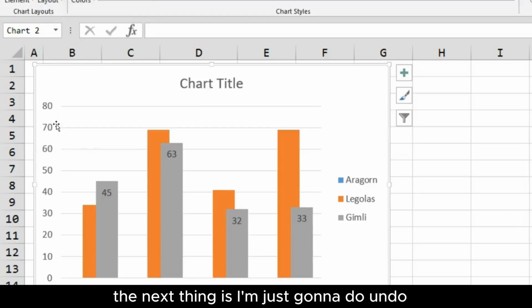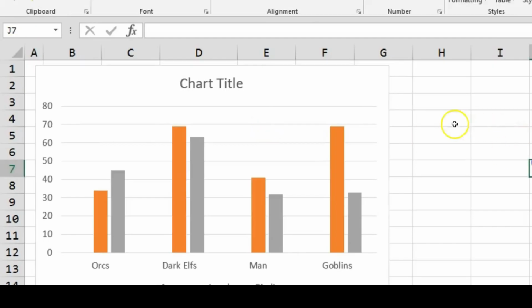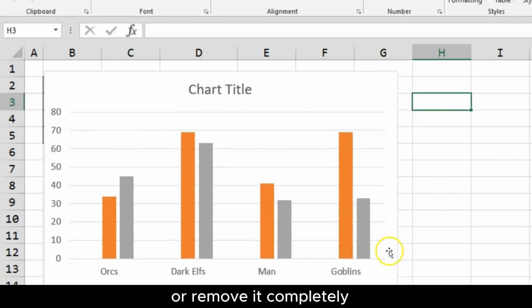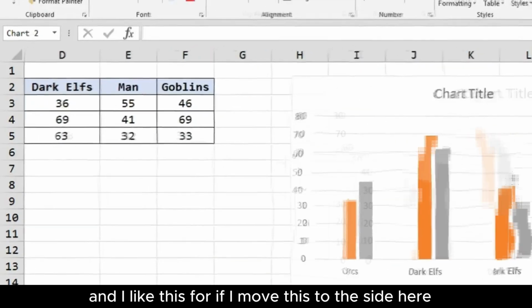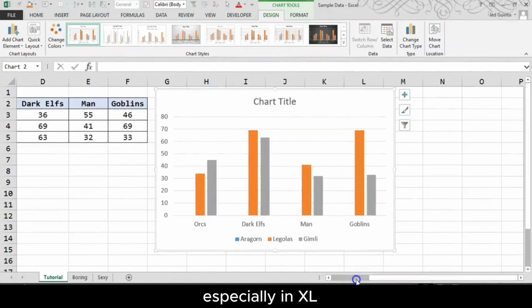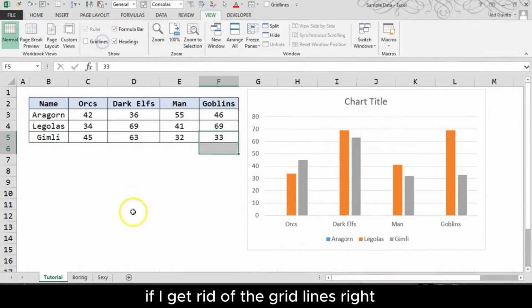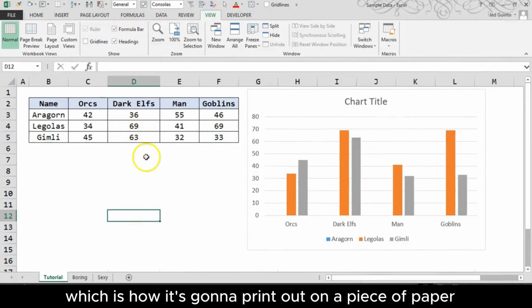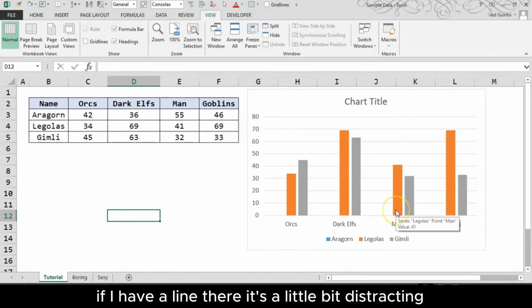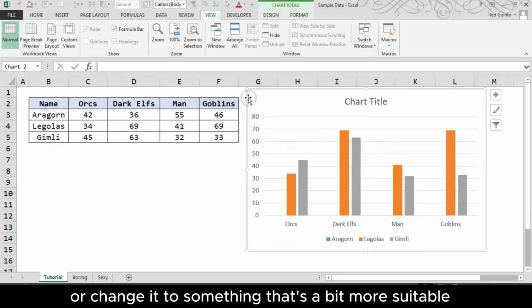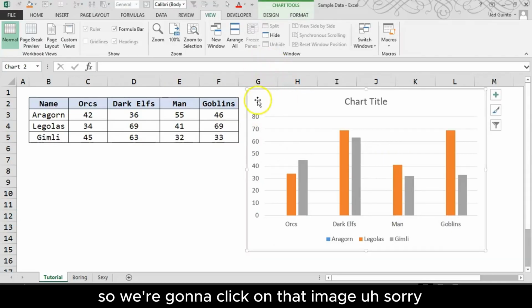The next thing is, I'm just going to undo. And next thing I want to do, and I'm a massive fan of this, is either change the border color or remove it completely. I like this more if I move this to the side here, especially in Excel. If I get rid of the grid lines, which is how it's going to print out on a piece of paper, if I have a line there, it's a little bit distracting. You may not notice it, but it is a little bit distracting. So what you can do is remove it or change it to something that's a bit more suitable. So we're going to click on that chart,